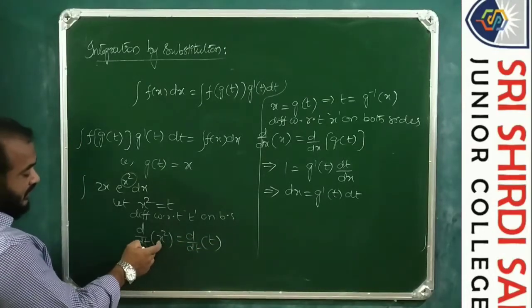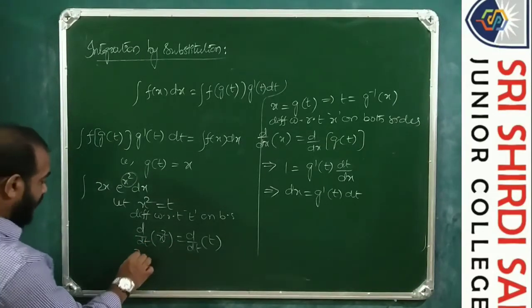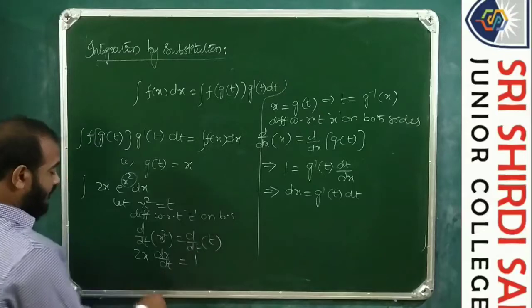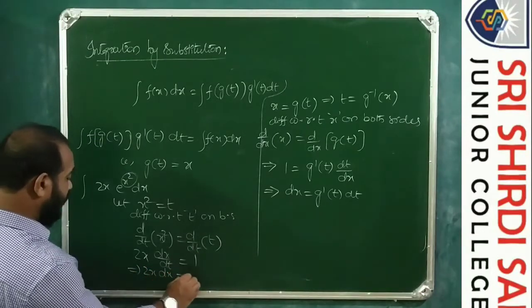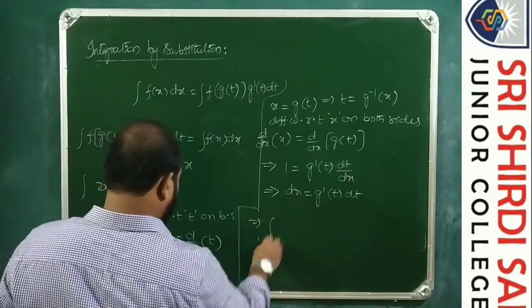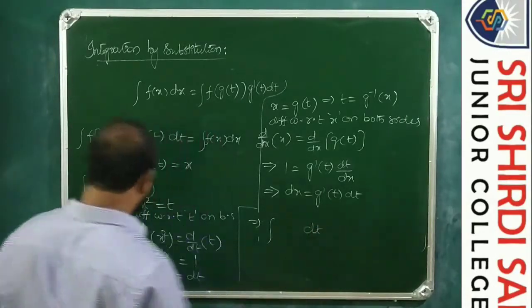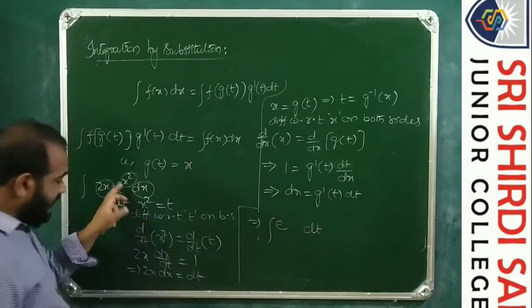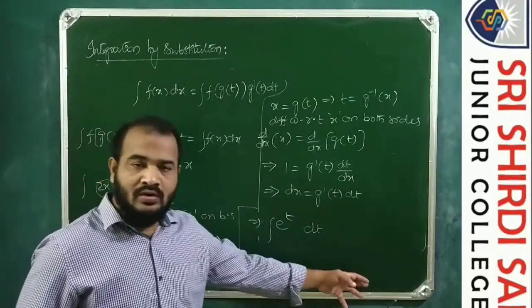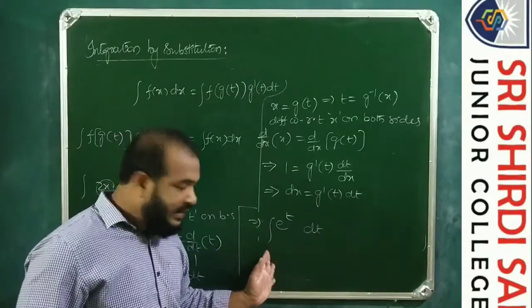So let us suppose this x to be t. So d by dt of x square is 2x. So this is 2x into dx by dt equals d by dt of t, which is 1. So 2x dx is equal to dt. So here 2x dx is dt into e power x square. x square is t. So this has become a known function, so we can solve the integration for this.